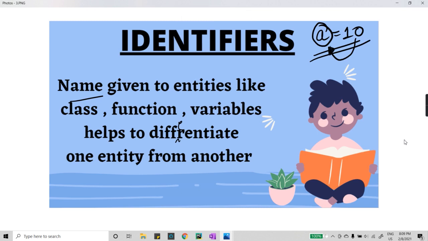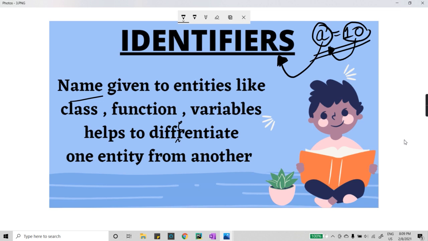So what does this variable mean? This variable is another name for identifiers. Fine. So variable is another name for identifiers. Identifiers are basically those variables in which we store our values.